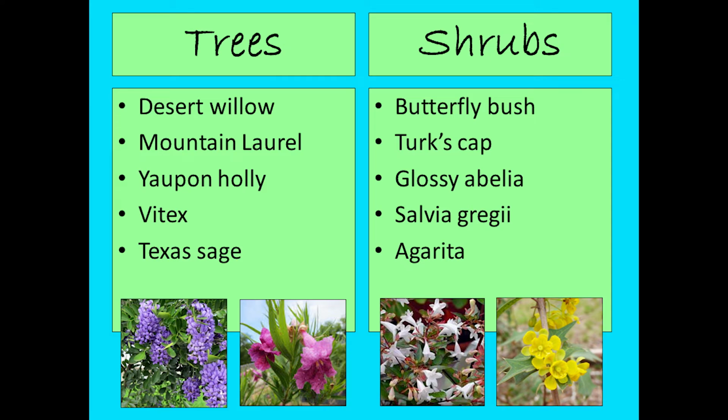Turk's cap is a great one. It's one of the few things that'll grow and bloom in pretty deep shade here in Texas. And it's another one that's loved dearly by hummingbirds as well as butterflies. Glossy abelia is another good one. Good old-fashioned shrub that everybody's grandma had. It's a good one. Salvia greggii, and then agarita if you're willing to put up with the pointy leaves and